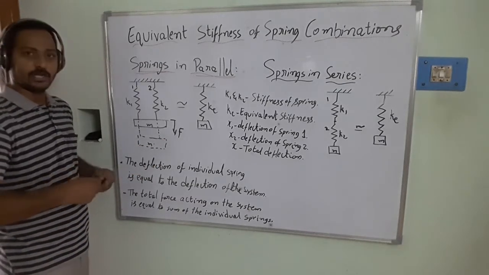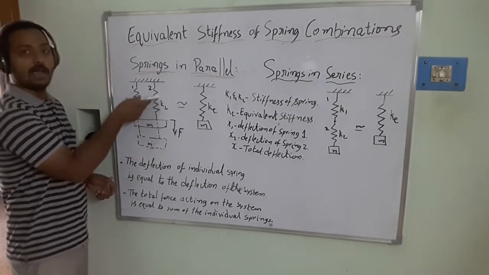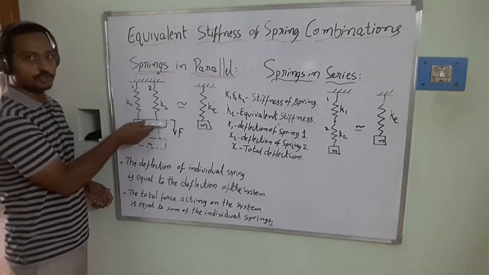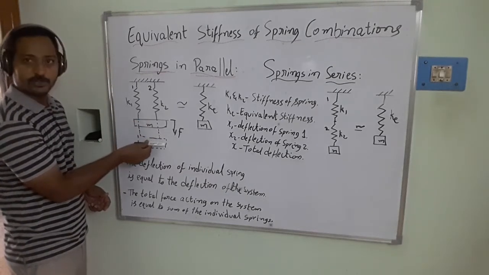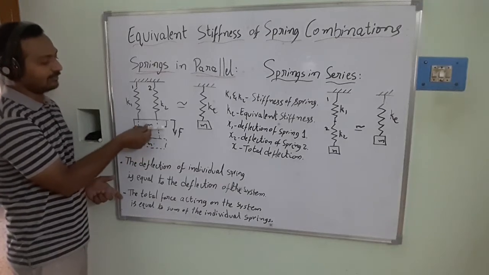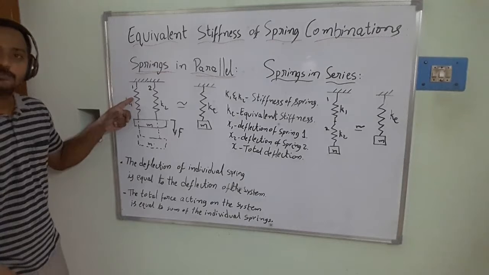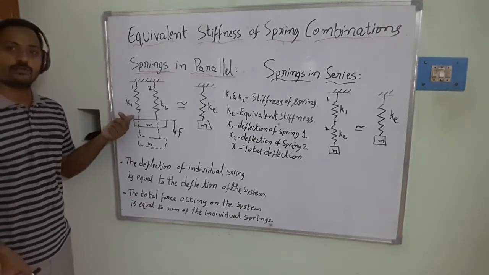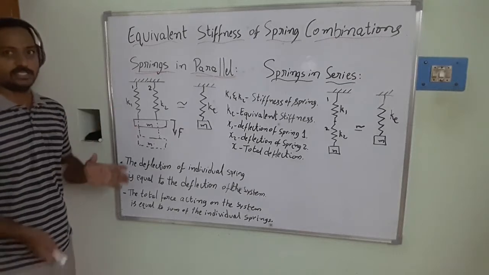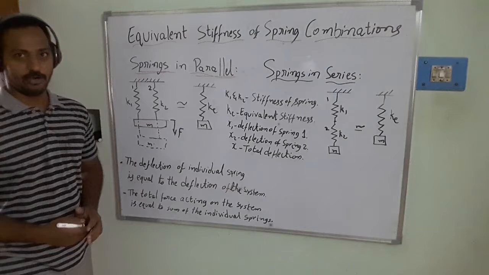The spring is going to start oscillating from its mean position to new positions above and below. That means a to-and-fro motion is going to be generated. The force is applied and it is shifted to this position. Once I remove the force, it will swing back and forth. That means the strain energy stored inside the spring is converted to kinetic energy, and then again converted into strain energy and kinetic energy. This kind of energy conversion goes on, and these vibrations continue.